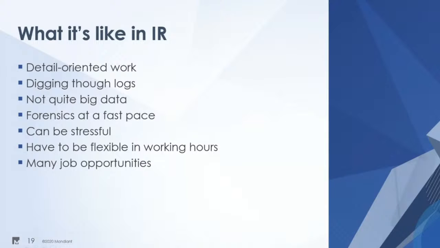Much like the flexibility in working hours for red team, you need to be able to do that type of thing here. It's not necessarily that I'm going to be working 80 hours in a week. It's if you have a 9-to-5 job as your normal working hours, and then somebody calls up and says, we've been breached and it's 4:30, you're going to be working. You need to be willing to have a little bit of that flexibility. And that's where you are in life if you can have that type of thing.